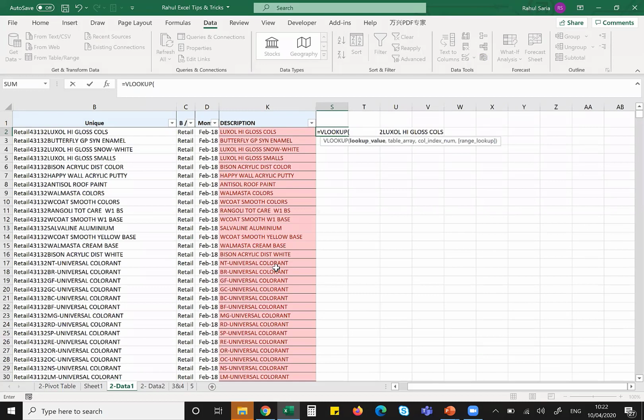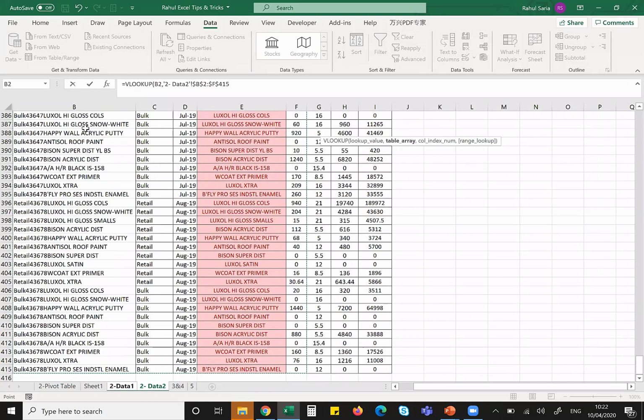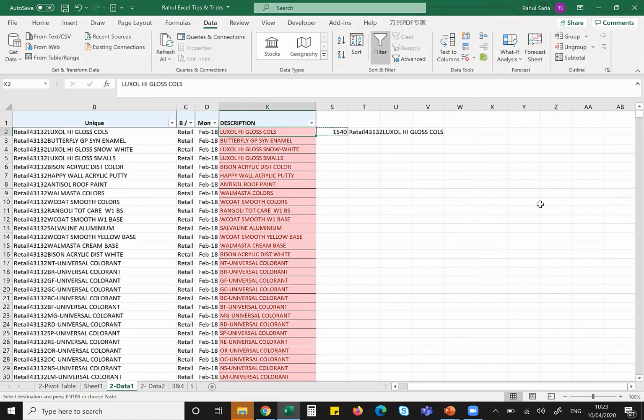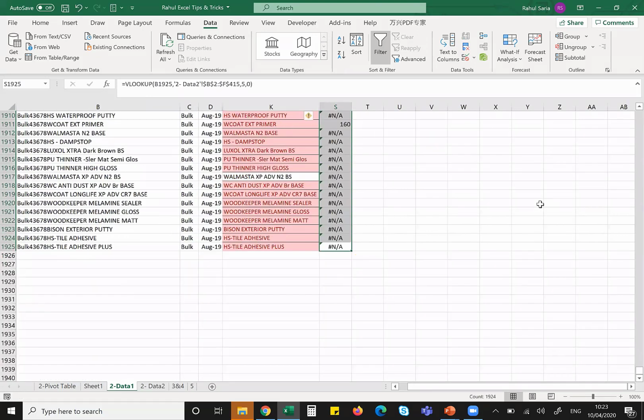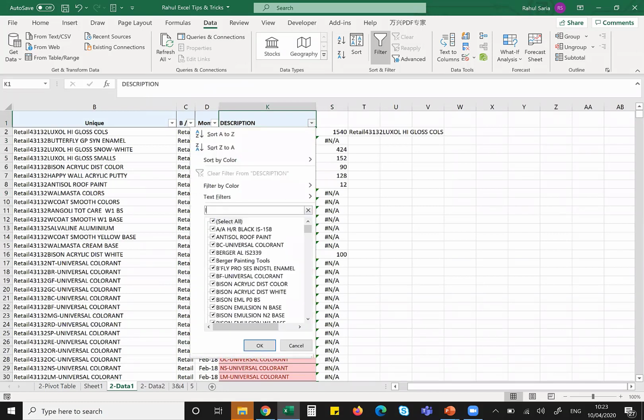Now I use a VLOOKUP, select the unique, go to the other data, select the unique again, go to the volume, select the whole array, and I press the column number 5, because I need the volume, right? I get 1540, and I select this and just paste it, right? Now if you see, let me select Luxol high gloss colors and show you.